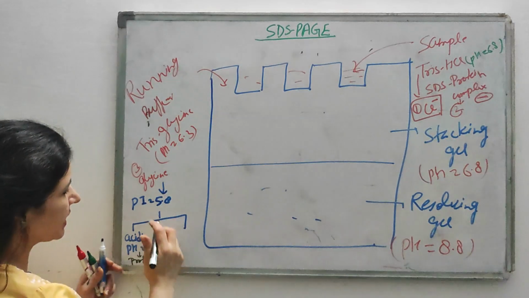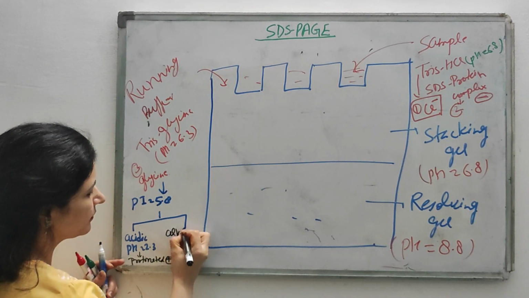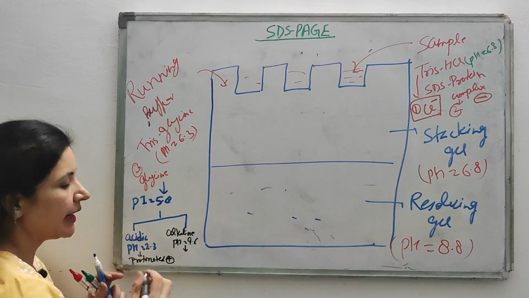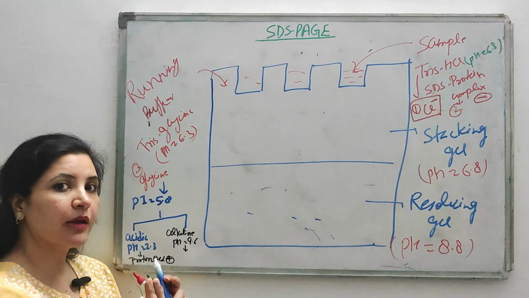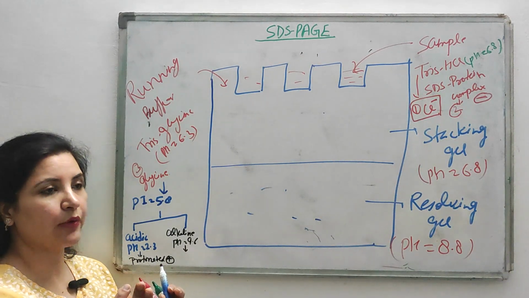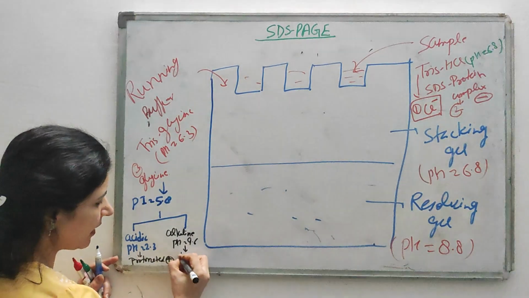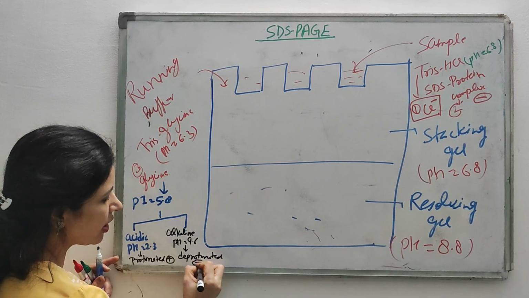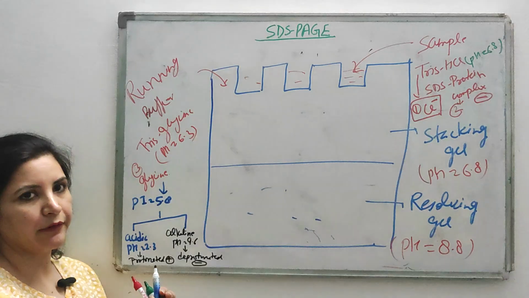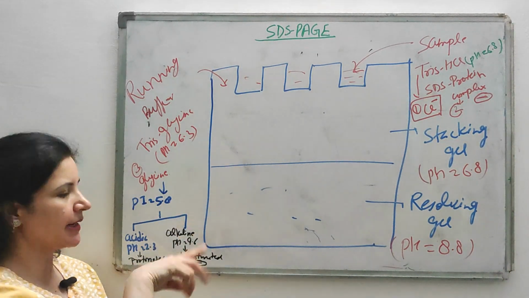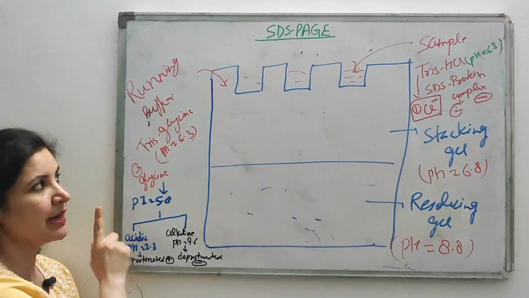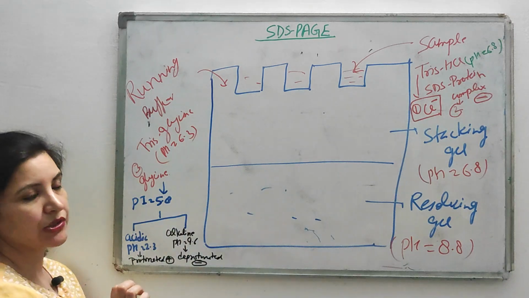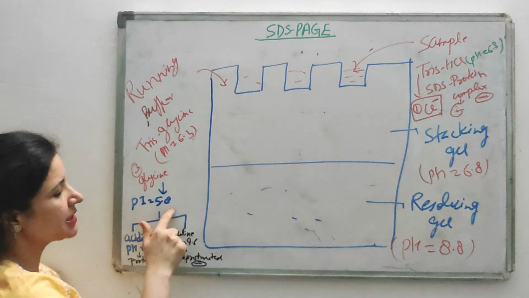And if you put this glycine in alkaline medium, and suppose pH is around 9.6, then in alkaline medium, that means there are more OH minus ions as compared to hydrogen ions. So in that medium it becomes deprotonated, and being deprotonated, the overall charge on glycine is negative. Okay, got it? Do you understand this concept? Because it's very important to understand, then and only then you are able to understand how this glycine will move in this gel.